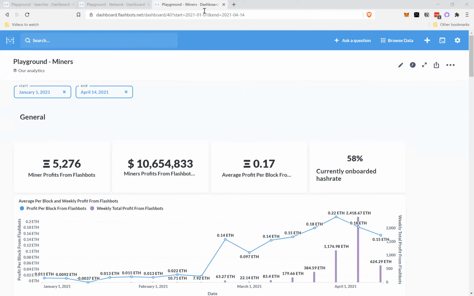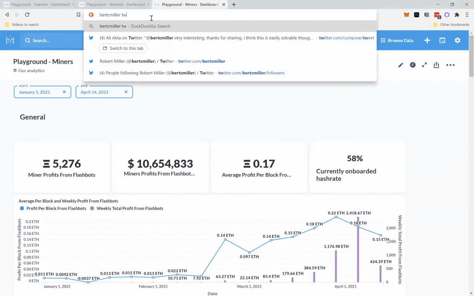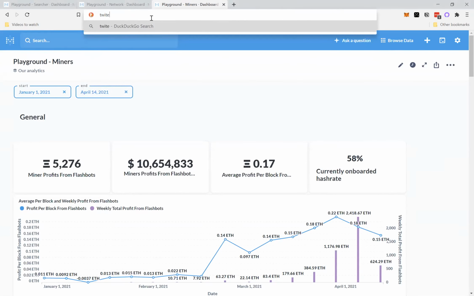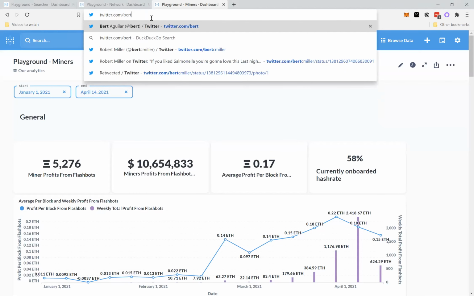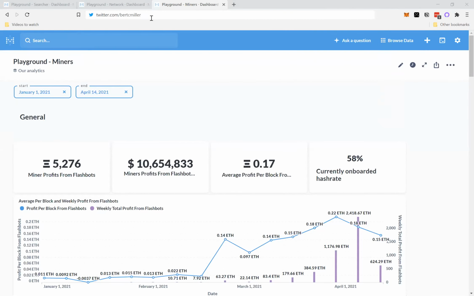Once you have the dashboard, if anyone is interested in testing it out, feel free to reach out to Robert. It'll be readily available soon, like all of our Flashbots products. So feel free to ping Robert if you would like to test it and give some feedback before we release the V0 version on Metabase.